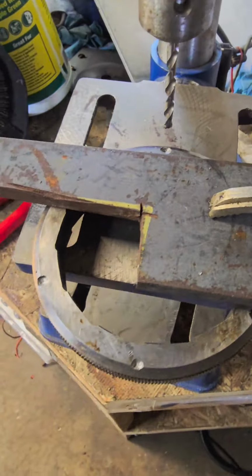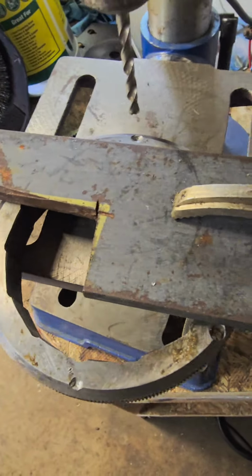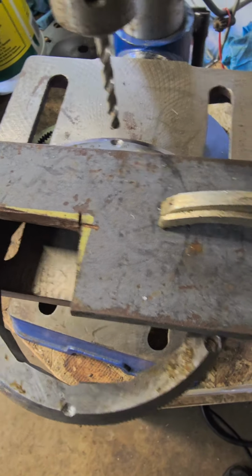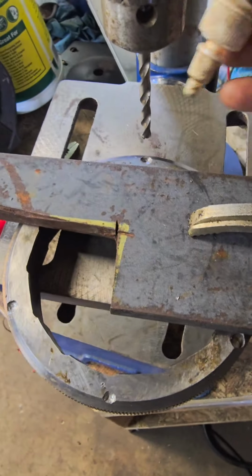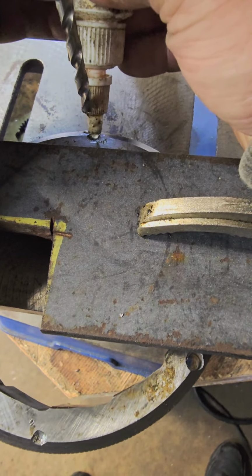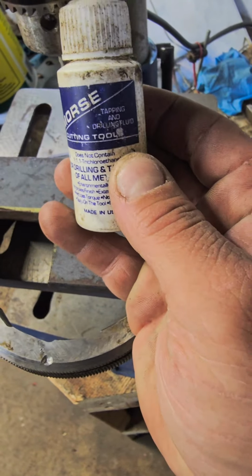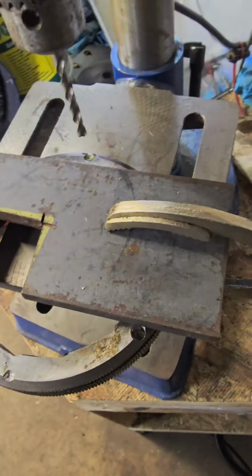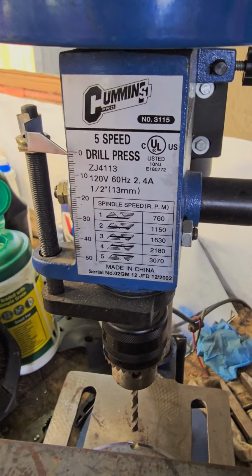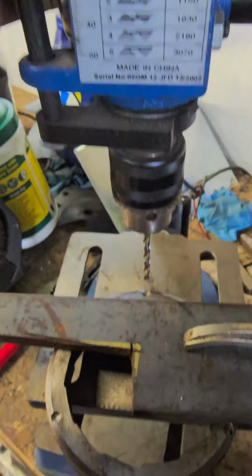So it's basically all I do. You're gonna have 6. I already got 2 of the holes drilled, but you're just gonna get your little dimple there on the Sprag race. The Sprag race isn't really too hard of a material, so it drills real easy. You just get a little bit of this, what is this stuff? I got it at a yard sale. It works really well. Anyway, we're gonna fire up our old Cummins drill press. Some China Cummins. They're pretty clever for doing that. But anyway,